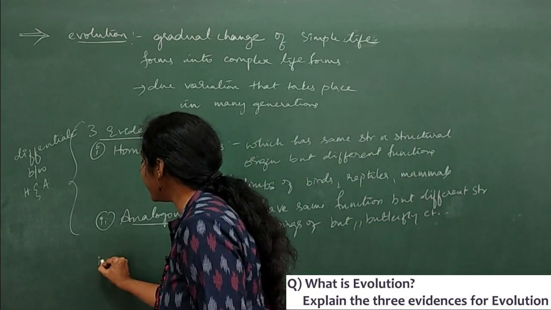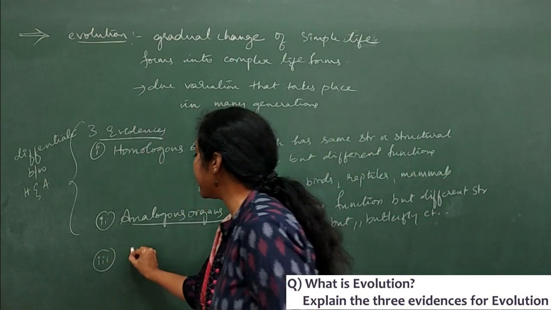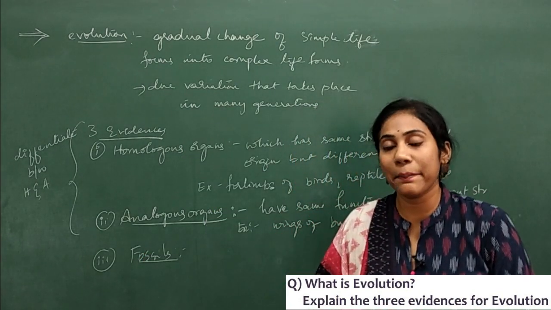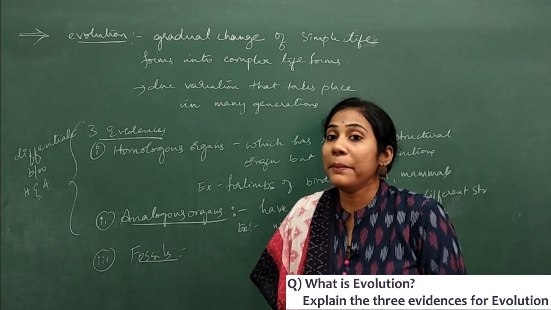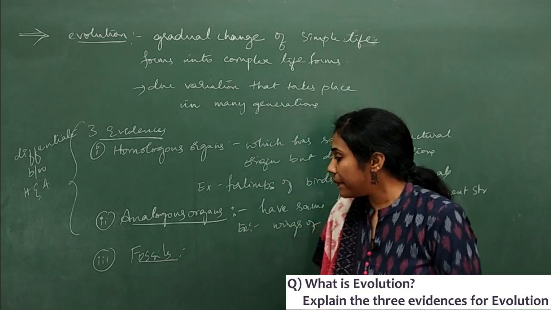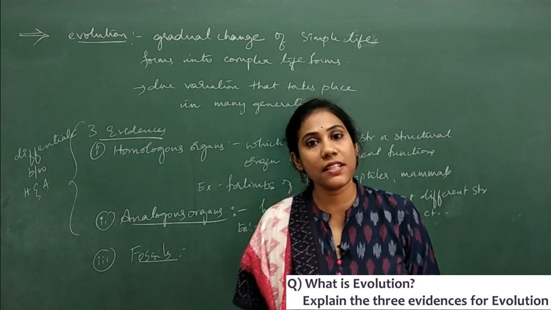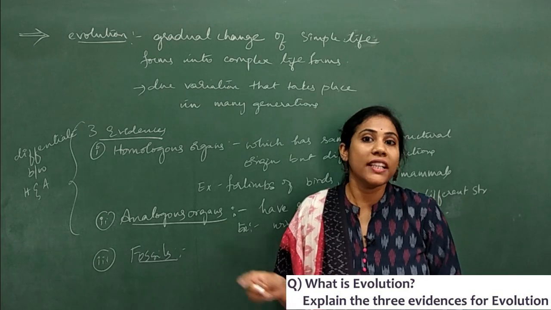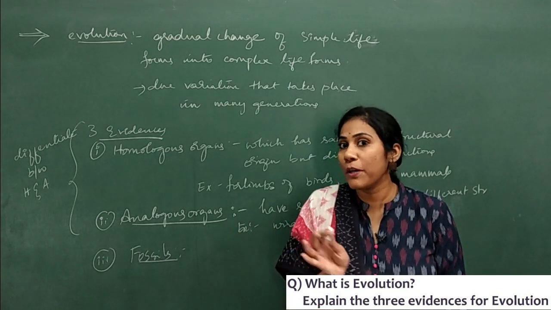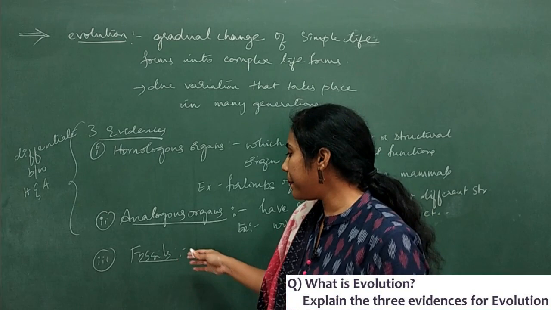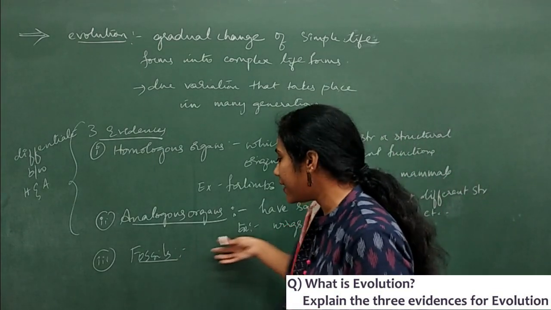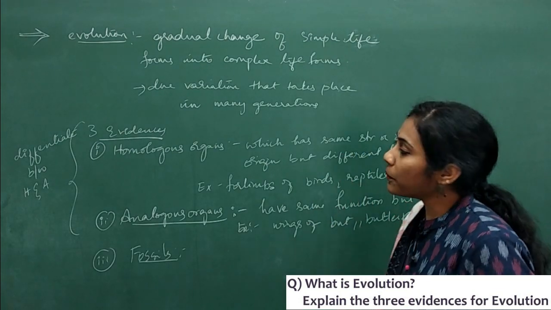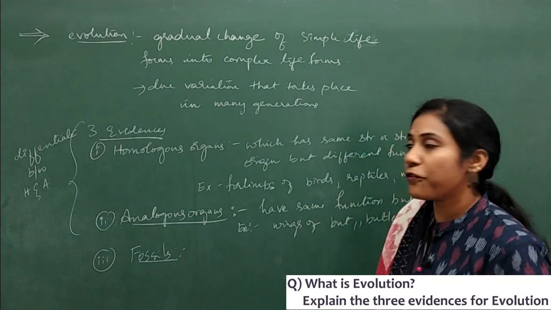Fine. And here the third evidence for evolution I can give is fossils. You can write the definition of fossils. It's nothing but the dead remains of plants and animals, which can be an evidence for evolution. There is a reptile called Archaeopteryx long back, and when we studied its fossil, we got to know that birds have been evolved from reptiles, isn't it? So that example you can mention here. Since you have to write the definition, along with that explain the example, right? And then you would be getting complete 4 marks. This is actually a 4-mark question.